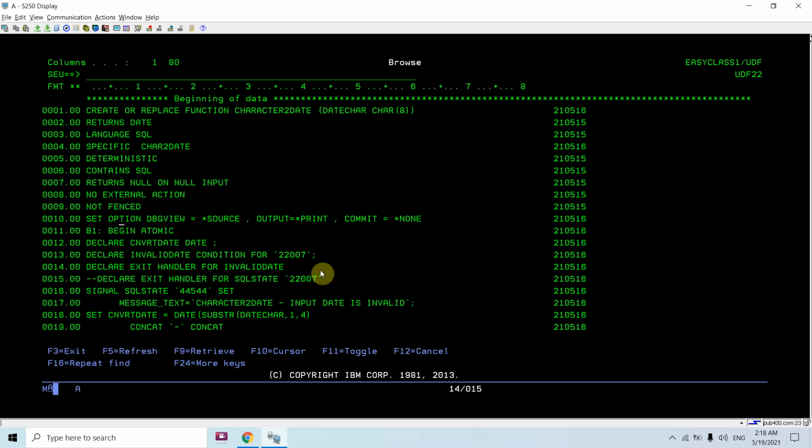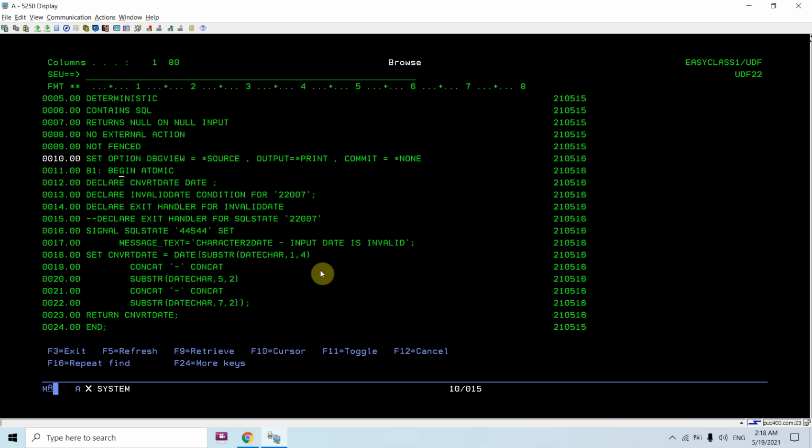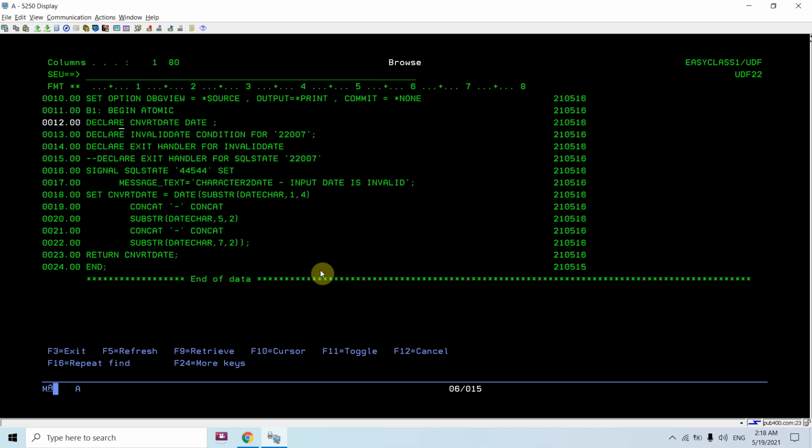Now here you can see we specified the begin atomic. Begin atomic is something where, when we execute more than one set statement, all set statements should get executed successfully. All should be set to true. Even if any one of them fails, all the set statements would be rolled back.